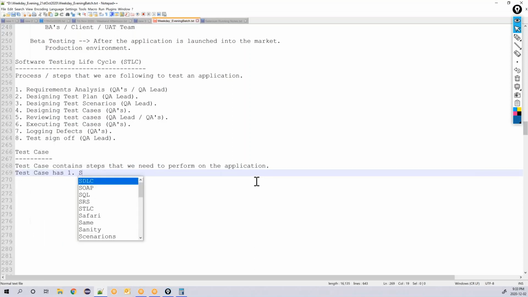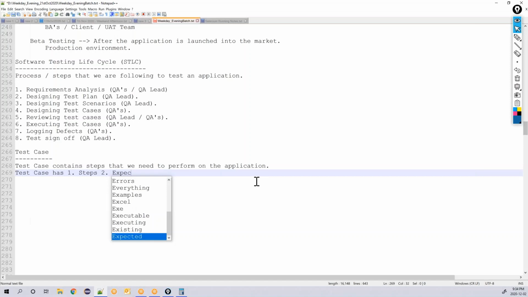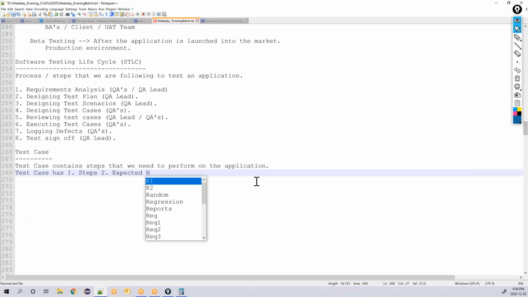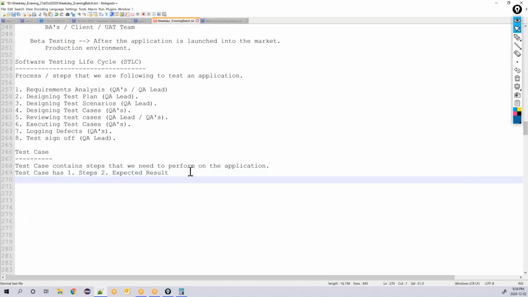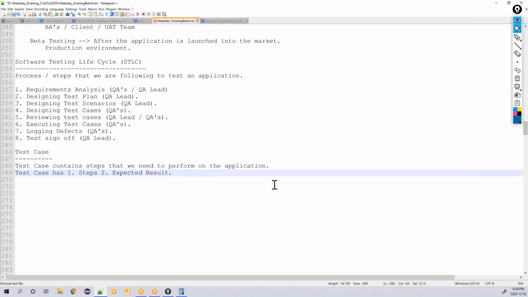So first thing is steps, and the second thing is expected result. So these are the two things. So test case has steps and expected result.